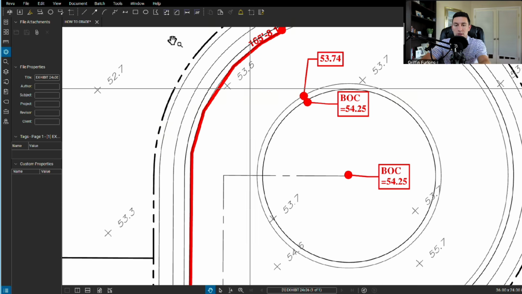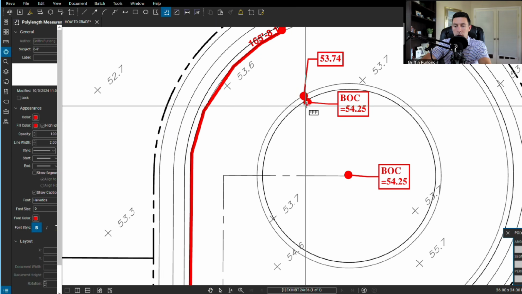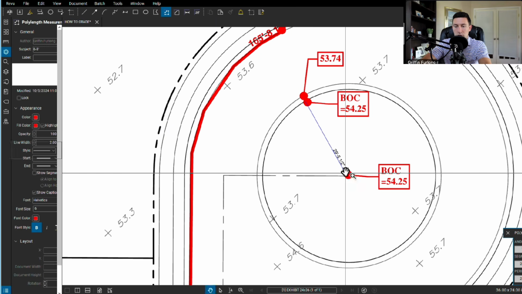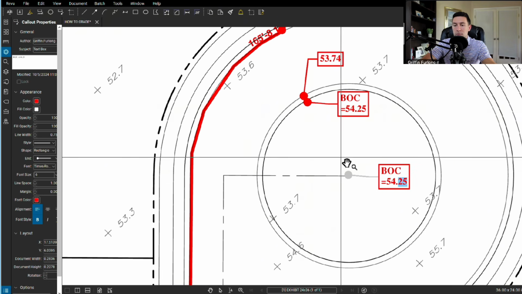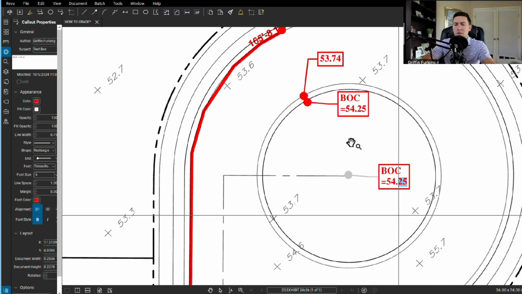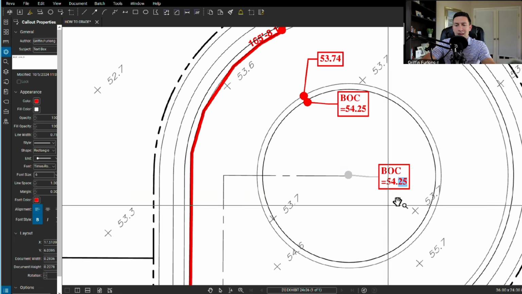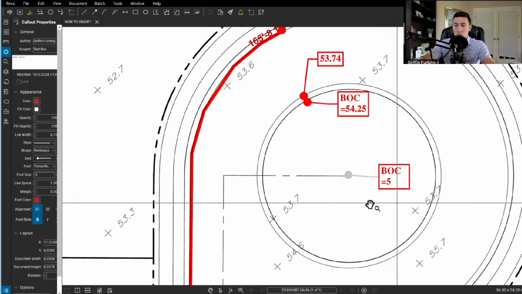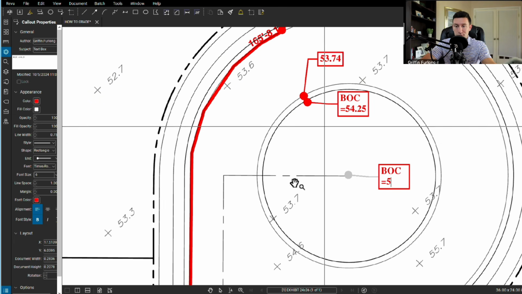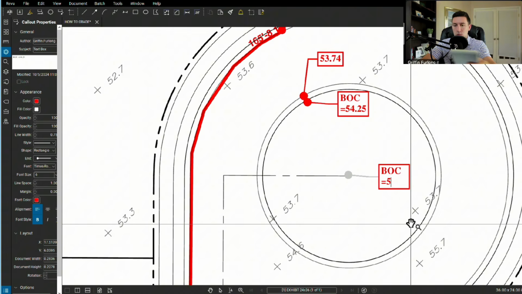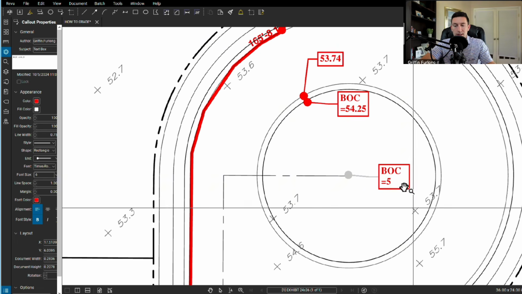1 or 2%. Now, I don't really know how long this route is. It's about, let's call it 30 feet. So let's go 30 feet at 1% from that 54.25. And again, all this is just going to be grassy landscape area. But the last thing we want is to have this elevation at like 51 or 52. Then it just creates a bowl of water. So who wants that? So we're going to go 54.25 plus 30 feet times 0.01 for 1%. And let's just call this grade